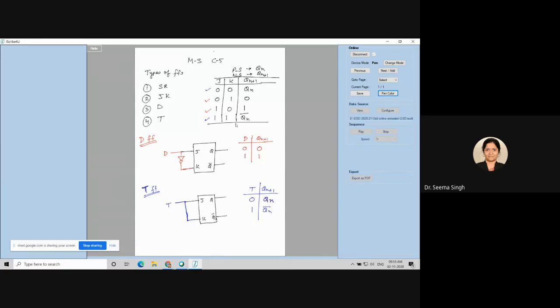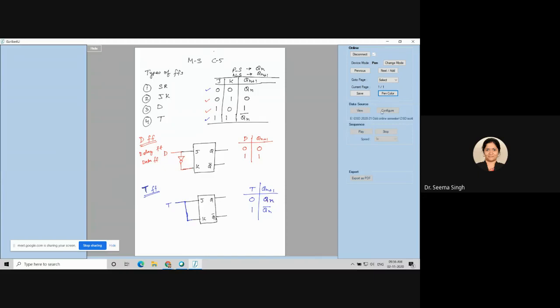Now what you can see, I told you before starting D and T flip-flop, output follows input for these two cases. So you can see Qn plus 1 is equal to D after one clock cycle. So that is why it is also called a delay flip-flop, because after one clock cycle, output becomes equal to input. Or it is also called a data flip-flop because data will be copied from input to output through this JK flip-flop. So this is all about delay flip-flop or D flip-flop.